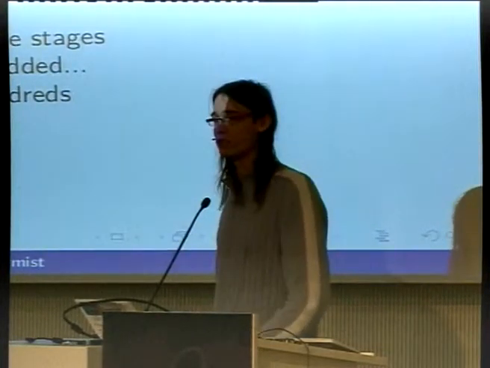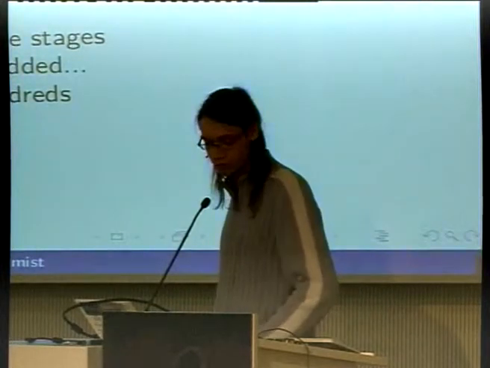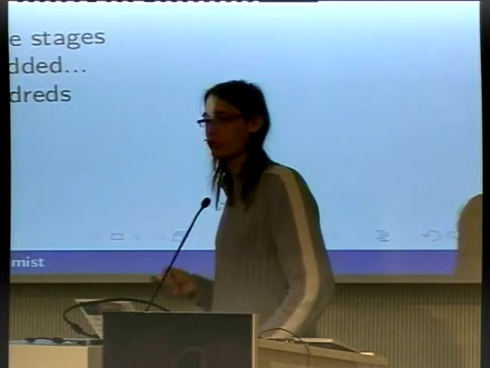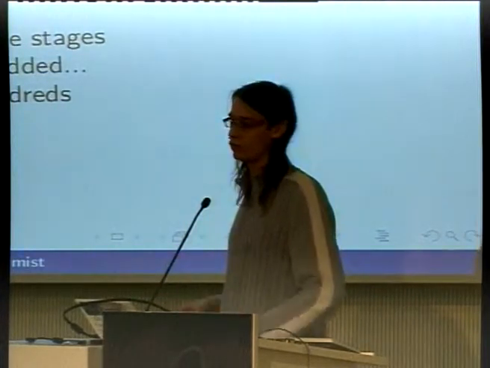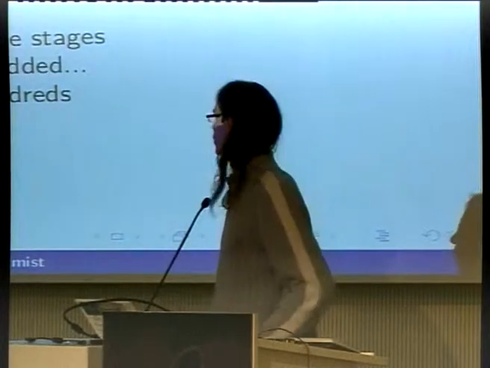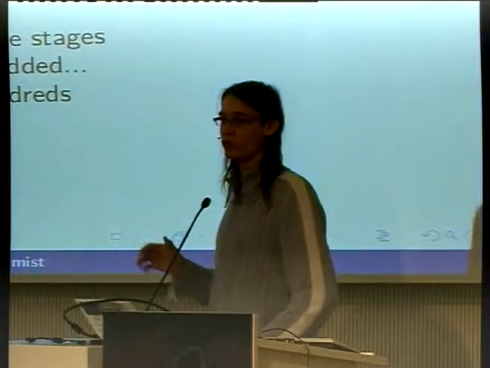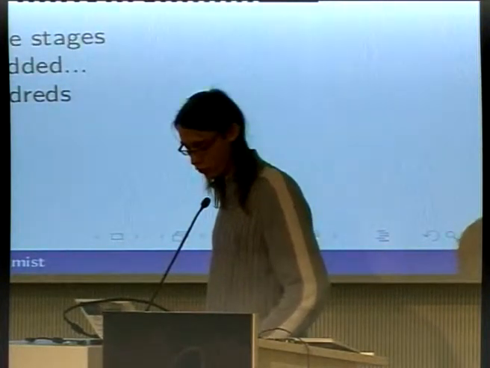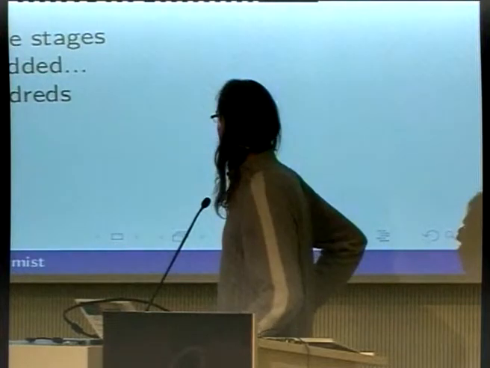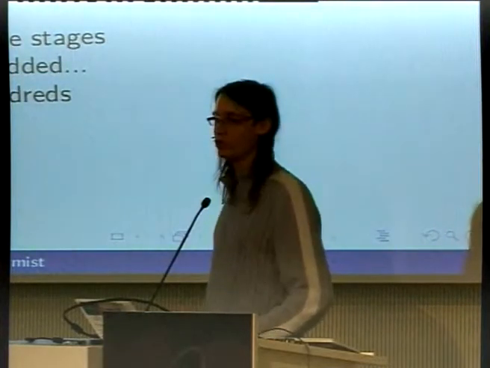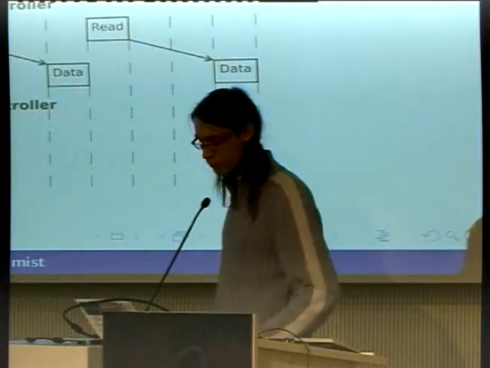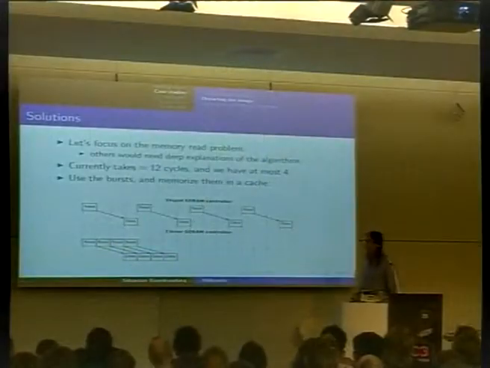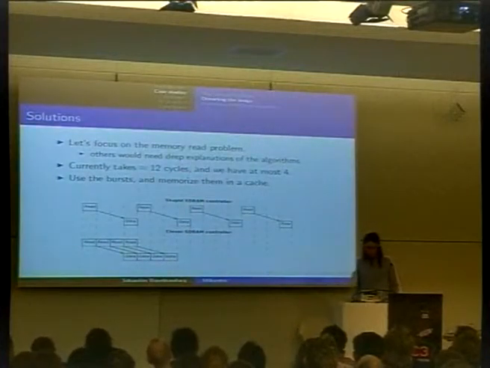Finally, as I said, you need smart memory access, because in my previous computation, you needed 24 cycles in total. So memory is already a problem, because you need to process the complete thing in 4 cycles, and memory is already taking 24. So that's bad. So the techniques I'm using are a cache and a write buffer. I will focus now on the memory read problem. I will not explain the other things.